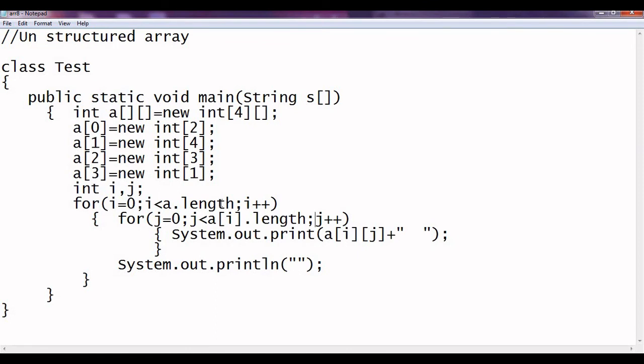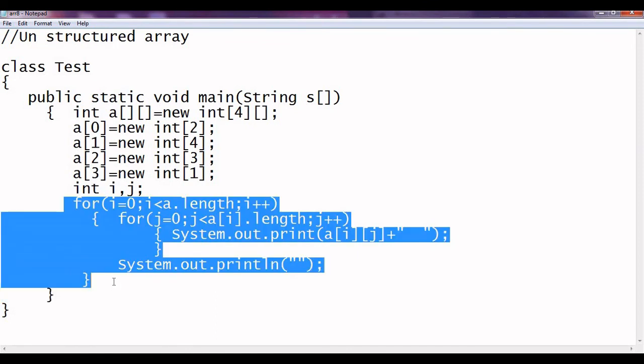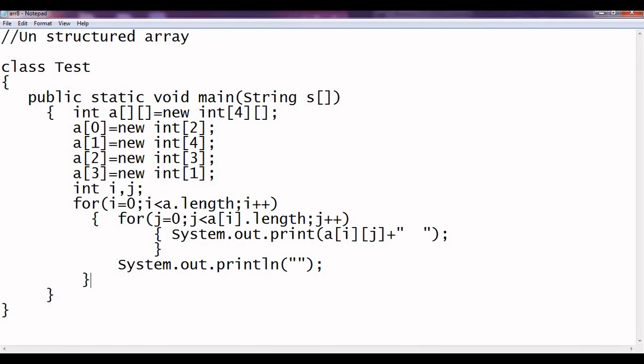Then we have the same for loop. The loop will work exactly for this case also, only the changes are this a of i. A dot length means how many rows are there, so it will say 4. So the loop will go from 0 to 3.